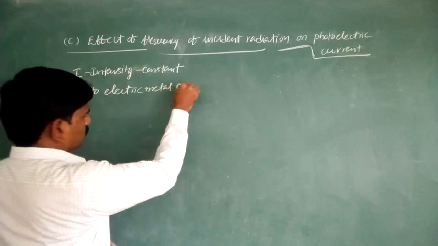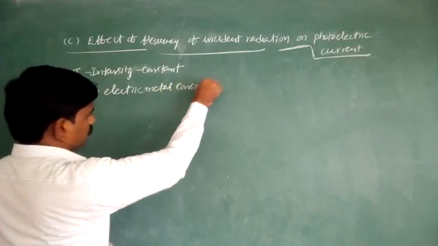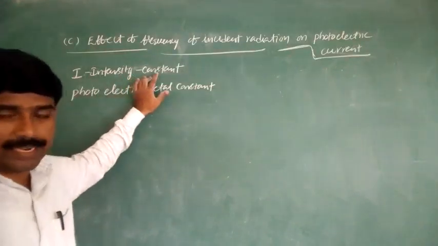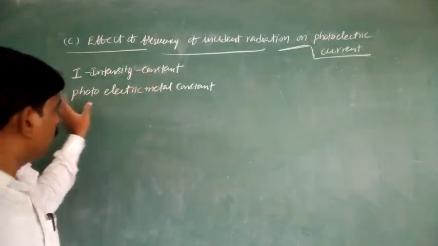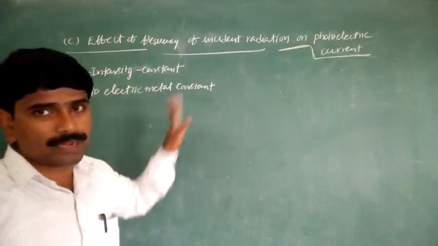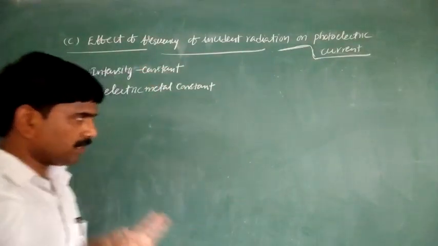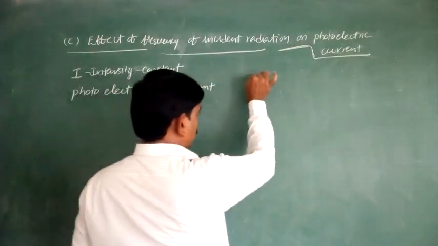Photoelectric metal constant. First one, the intensity of the incident radiation, that one is kept constant. Second one, the photoelectric metal is kept constant, but different frequencies of the light we are using. Yes, different frequencies. First of all, what is